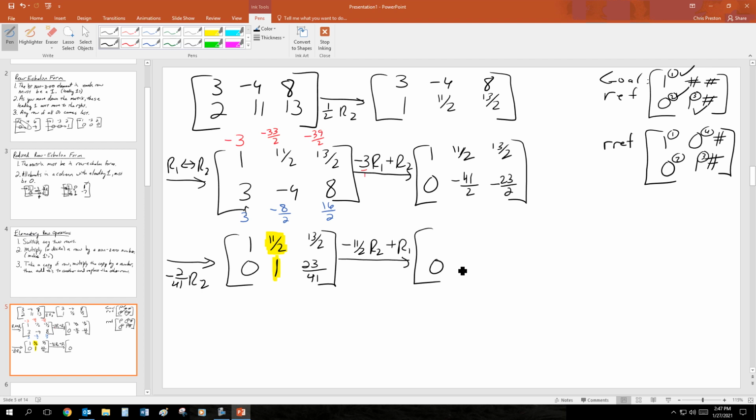So that's not actually going to change row 2. So I'm going to go ahead and write that as 23 over 41. Leave it there because I have a feeling we're going to have some fraction work to play with here. So negative 11 halves times 0. That's, let me make that red again. So that's 0, or I'll make it blue. I'll make it blue because I don't want to run into that other blue. All right, so 0, negative 11 halves,